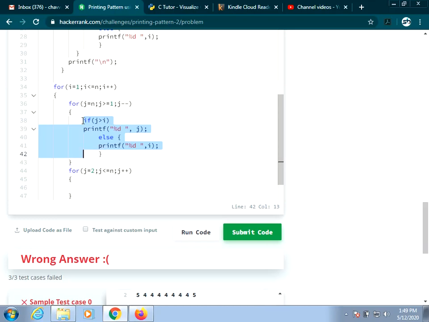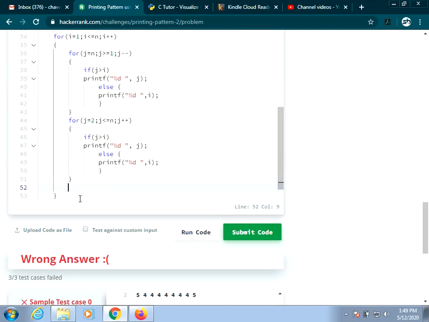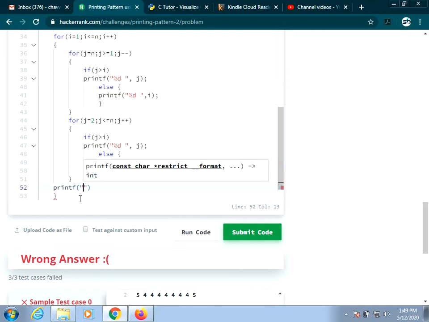Similar, copy paste this one. J is greater than I, print J, otherwise print I. Immediately after this loop you also print backslash n.